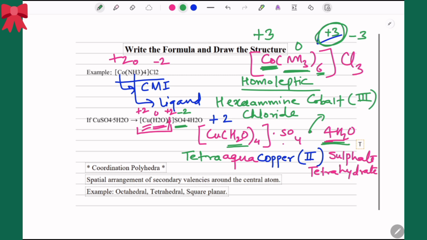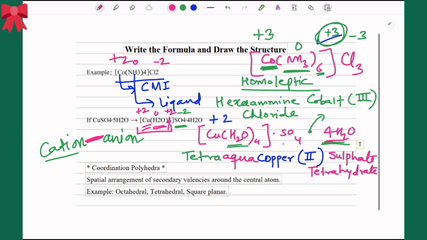And one important point which I want to tell you is that, remember, between the name of the cation and the anion, please leave space. So there has to be a lot of space over here, okay? Just remember, around let's say 0.5 centimeter space you can leave, because they are totally 2 different entities, okay? So that is the way.